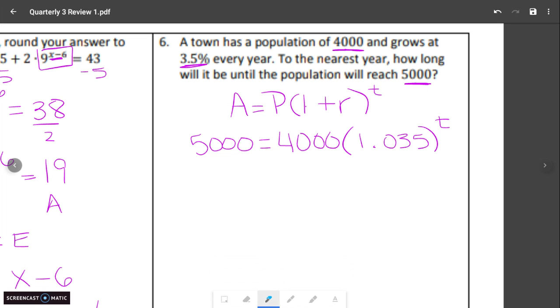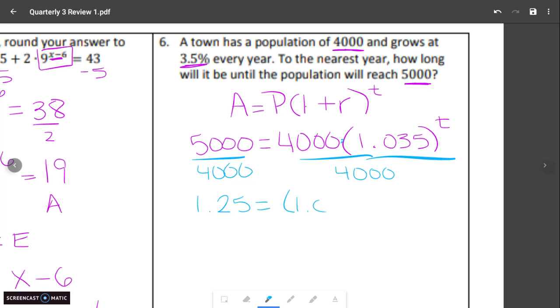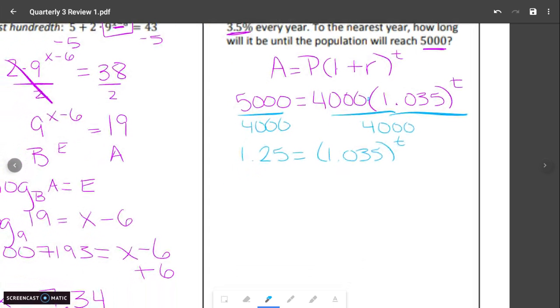Solving this, it is just like the last question, question 5. We need to isolate the base with the exponent. Currently, it is multiplying with the 4,000. So we want to divide the 4,000 to the other side. You can leave it as a fraction over there if you want, 5 over 4, or this one is a nice decimal, 1.25. Just like the last one, an exponent that you are solving for